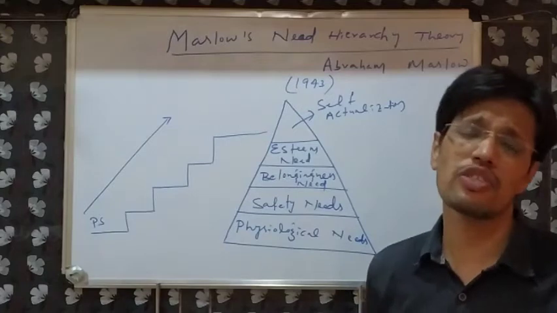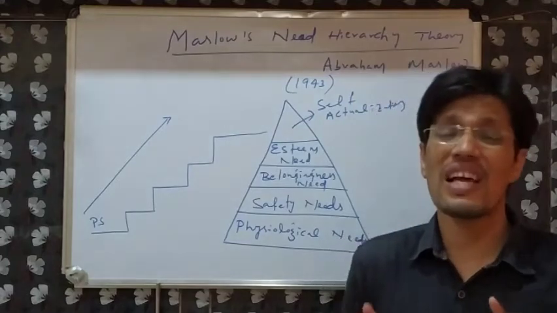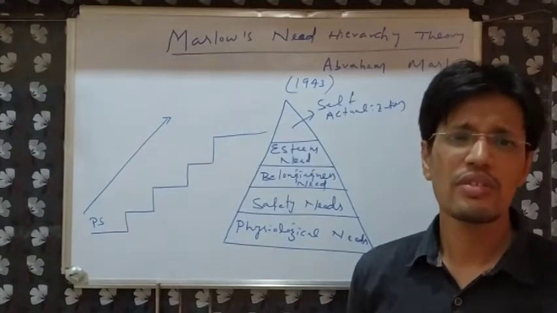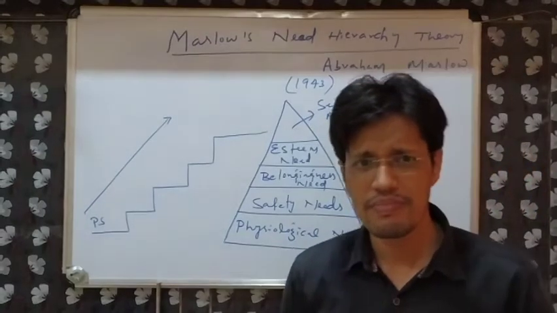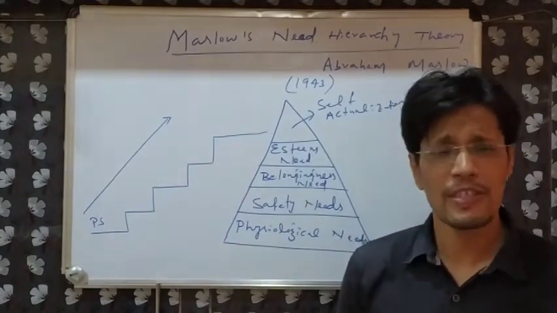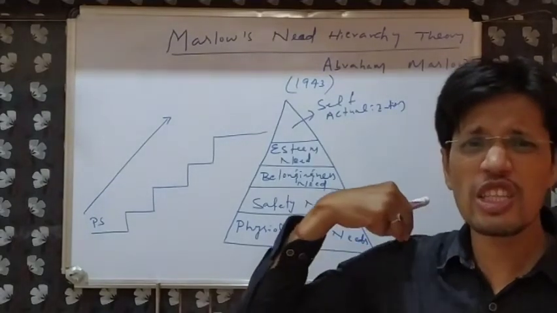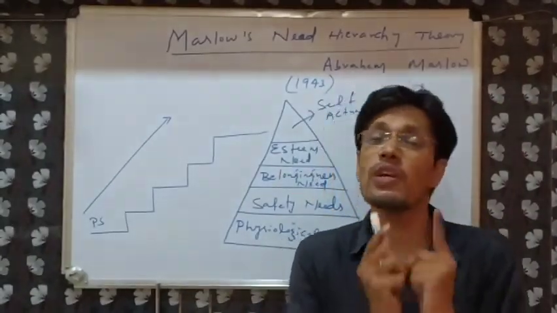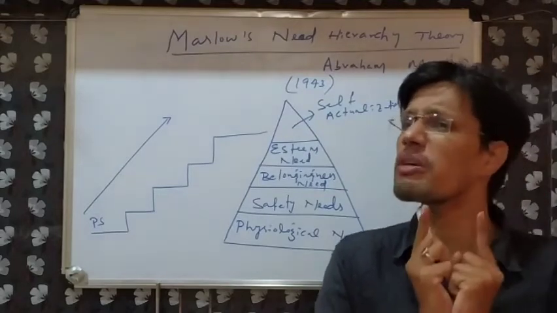What is the physiological need all about? This is the basic need. Every individual seeks a basic, essential, important need of all. So what is the basic requirement of ours? Taking breath is a basic need. Sleeping is a basic need. Food is a basic need. Water is a basic need. Cloth is a basic need. Shelter is a basic need. Every individual tries to get the basic needs first. It is an essential portion of every life.